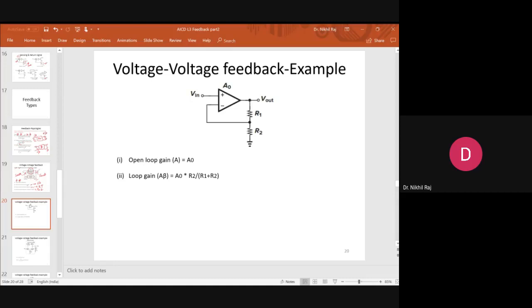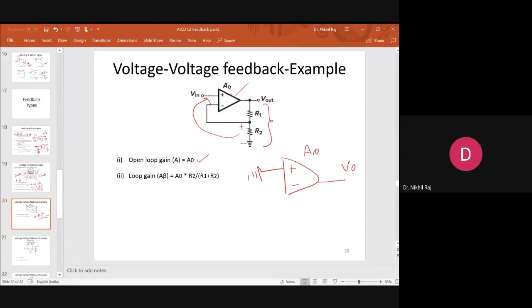Okay, here the circuit came. So this is your voltage feedback. Now see, this is your loop amplifier, and at the output we have a voltage divider network with R1 and R2. Through R2, a part of the output voltage generated is given back to the amplifier. So what is the open loop gain? The open loop gain is A naught. In order to calculate the loop gain beta, I will make the connection like this, plus minus. First I will make the input zero, which is giving A naught, and here V naught was there.